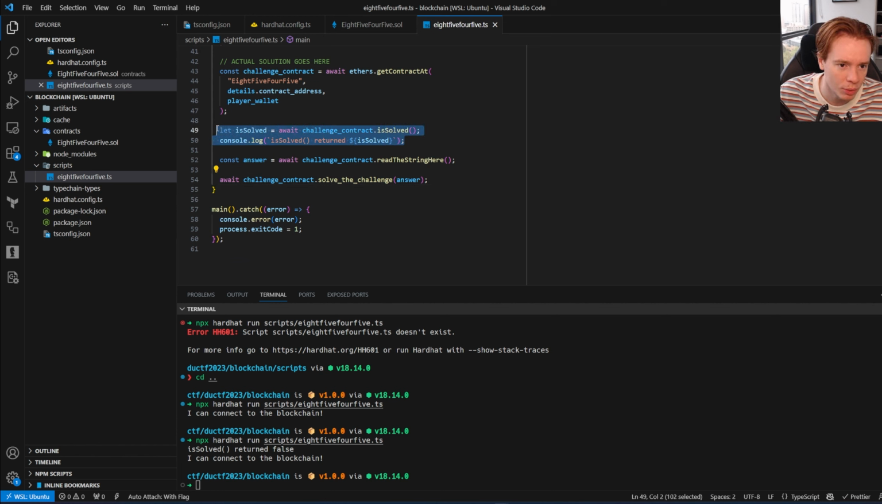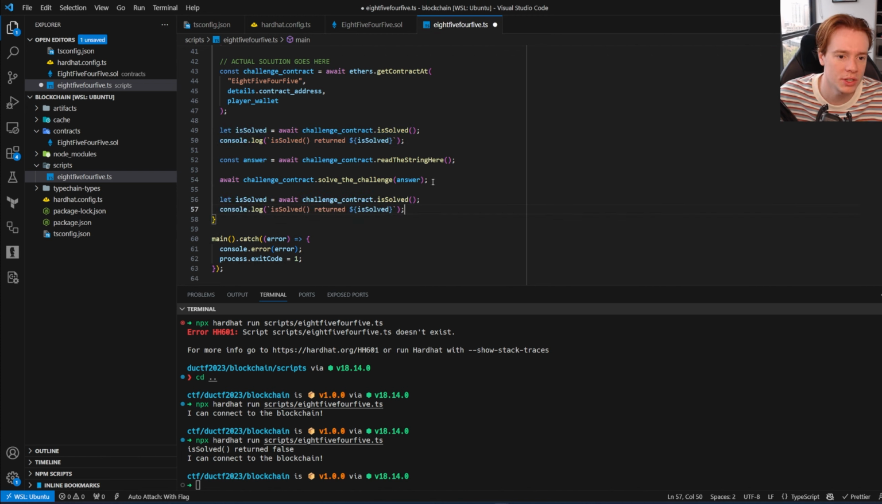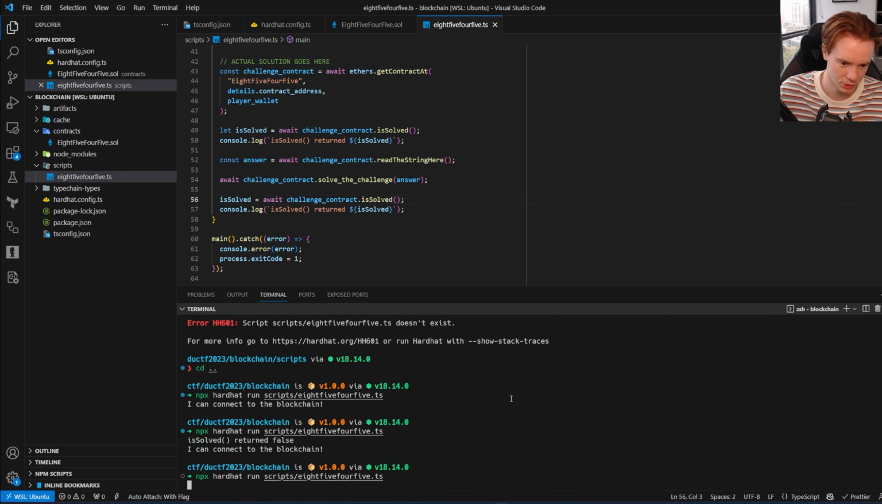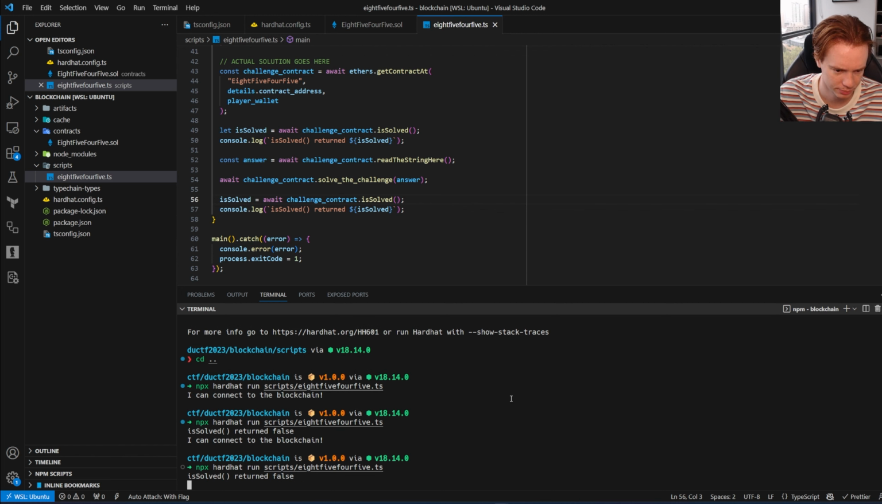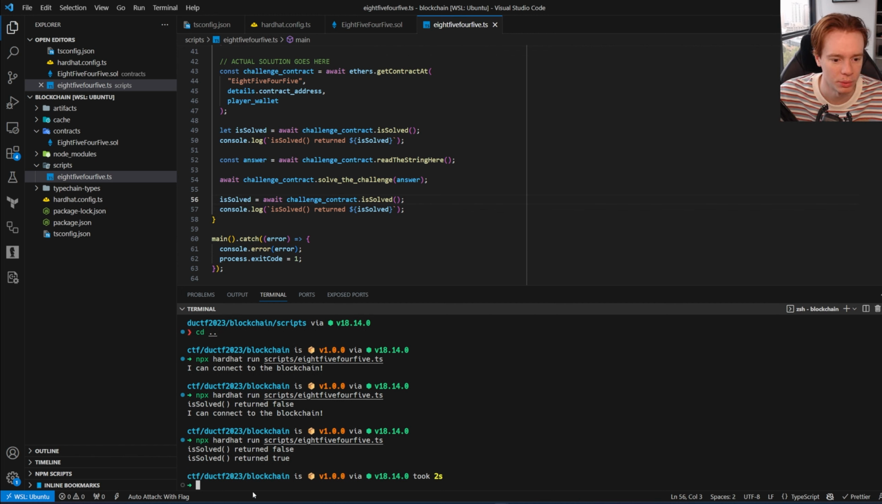And then after that, what I want to do is immediately call the isSolved function, because ideally once this is called, we have solved the challenge. So let's go ahead and run this. And there we go. So isSolved returned false, and now isSolved returned true. So this has updated the blockchain, and now we can go ahead and